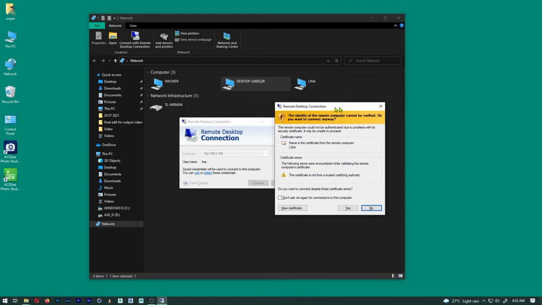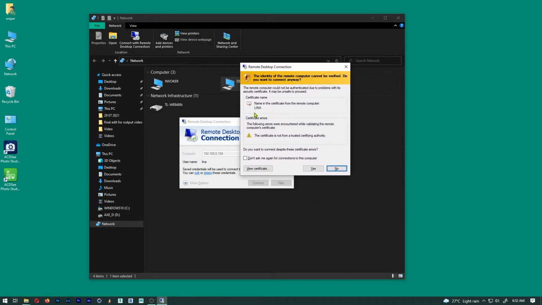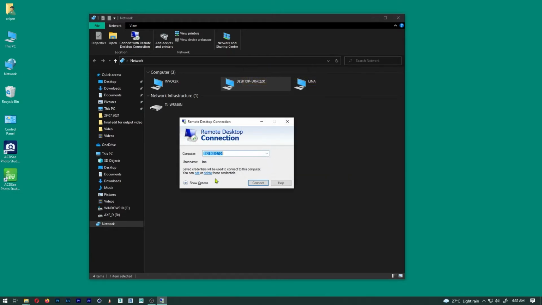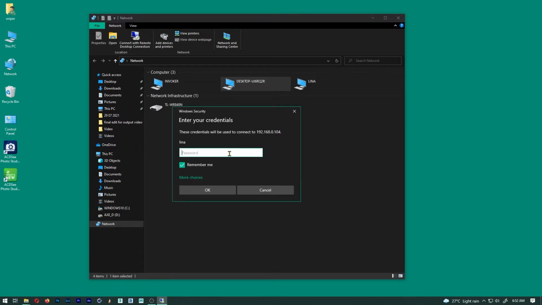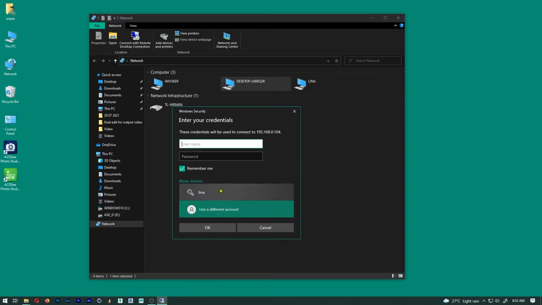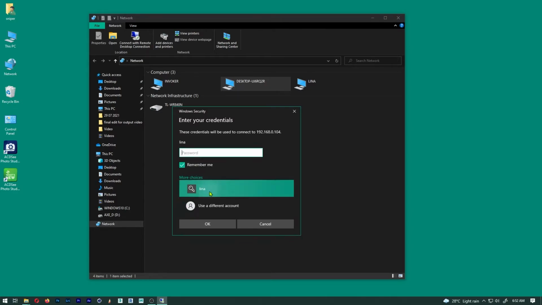and it usually asks for a username and password, and you have to put the username and password. So maybe let me just try to delete it and do it again for you. There you go. Okay, it asks for the username. You can use a different username and password here for whatever the computer, but I did connect it before, so I am going to put the password in here,